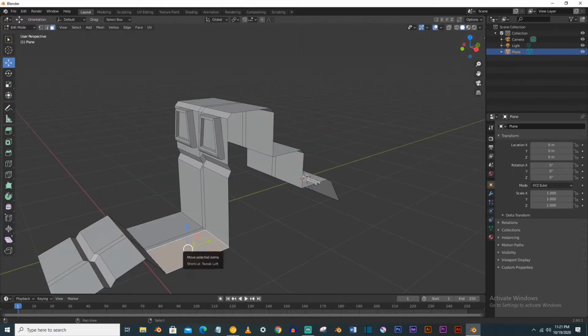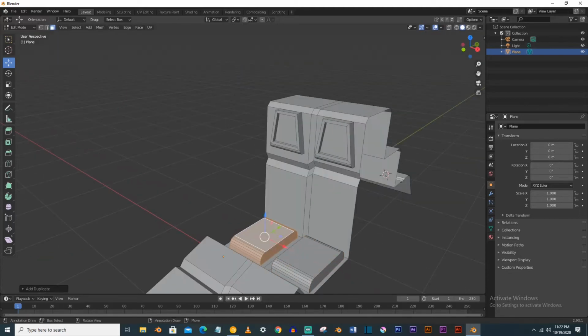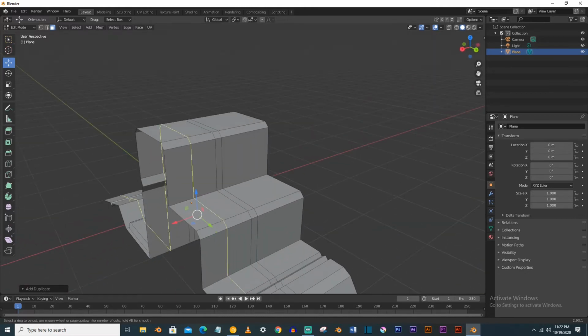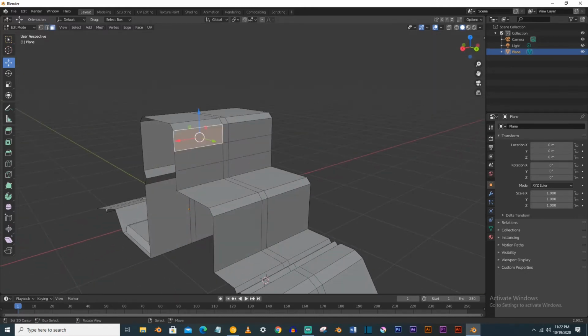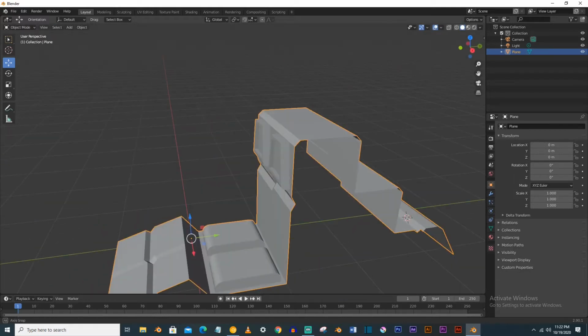You can also dissolve the middle edge there, and also Shift D here to duplicate the face and extrude upward, bevel it and make this pattern, and Shift D to duplicate. Now it looks like this. Now you have to again do some more extrusions, something like this.